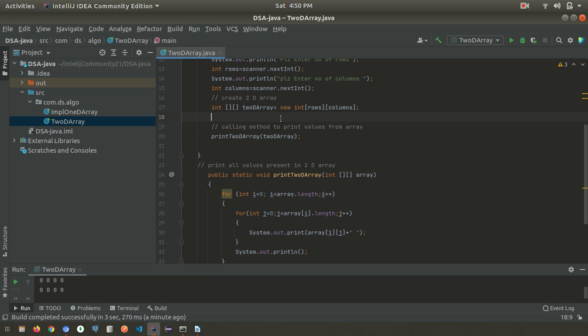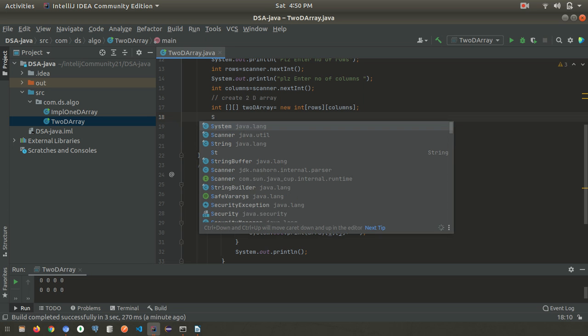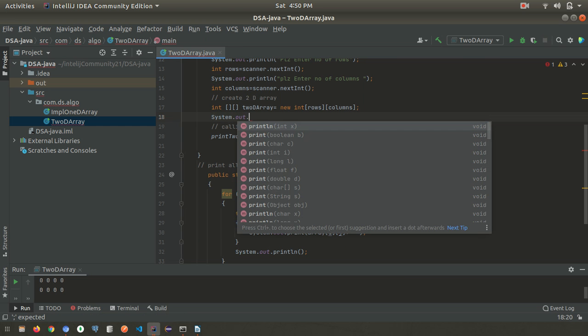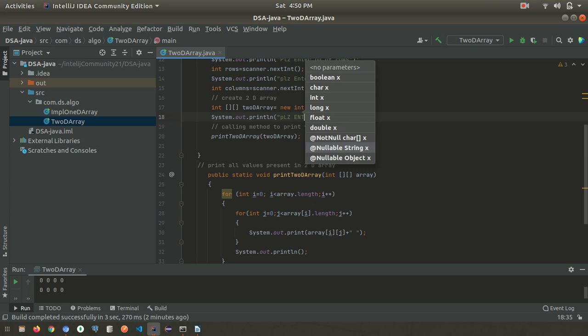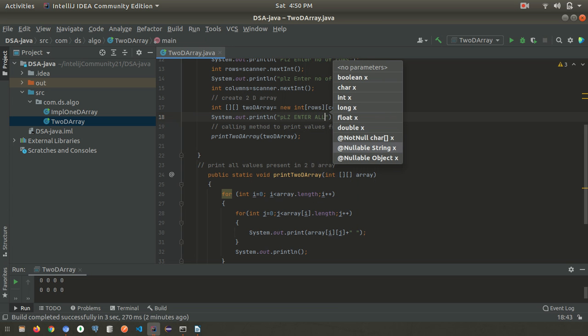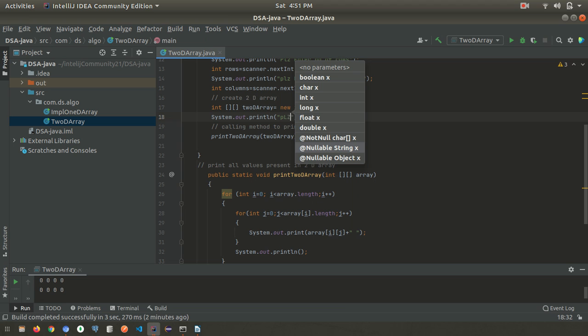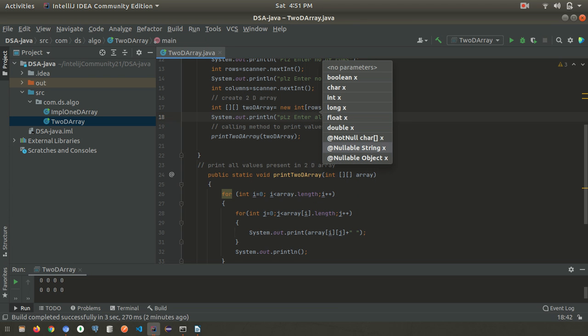How we can do it, we can give this message to the user, please enter all